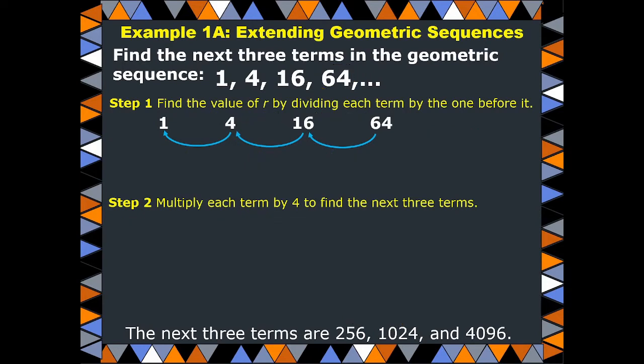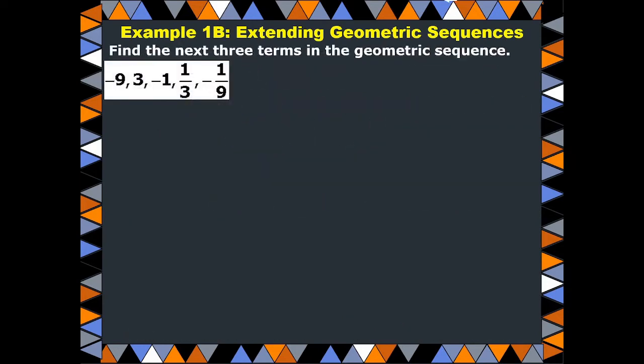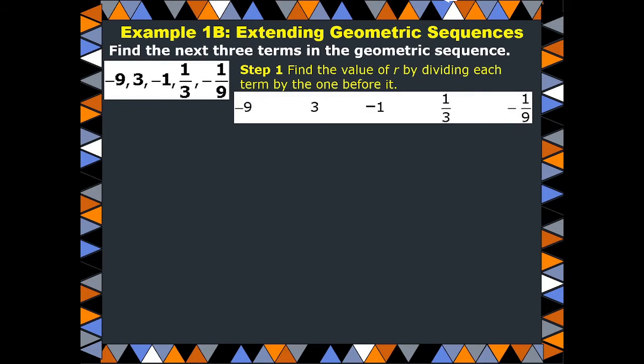Now let's have another example. What if you're given an example like this? Find the next three terms in the geometric sequence. So first step is to find the value of the common ratio, or find the value of R. And how do you do that? You simply divide each term by the one before it. So if I'm going to be doing that over here, so I'll be getting